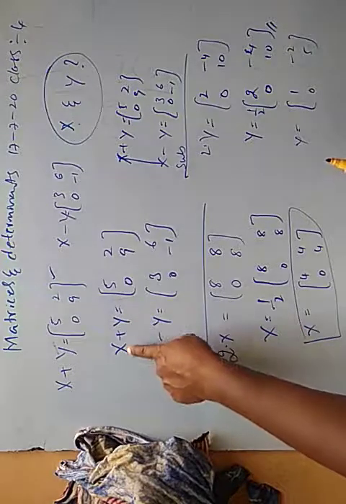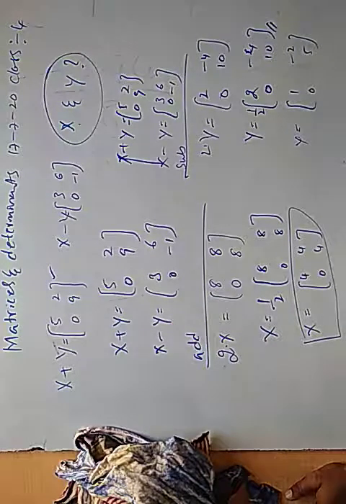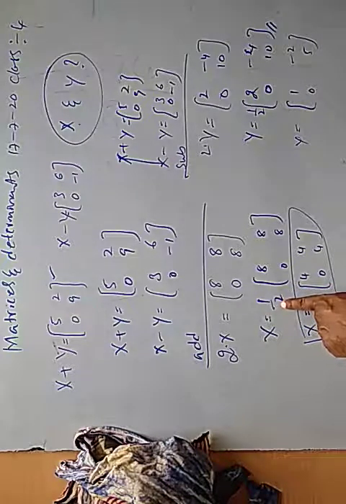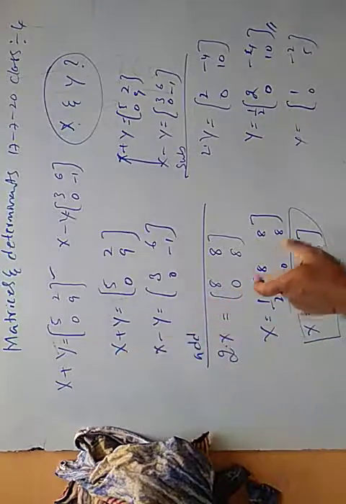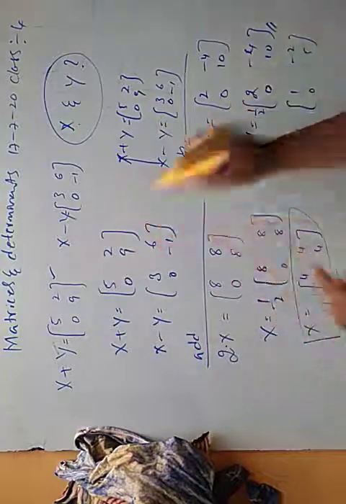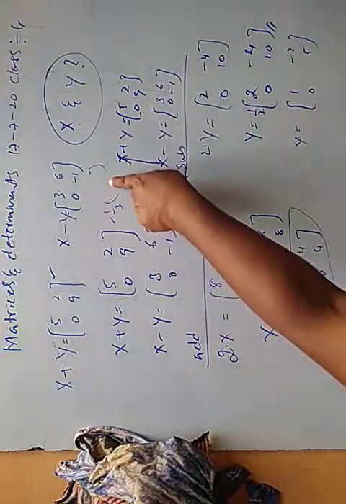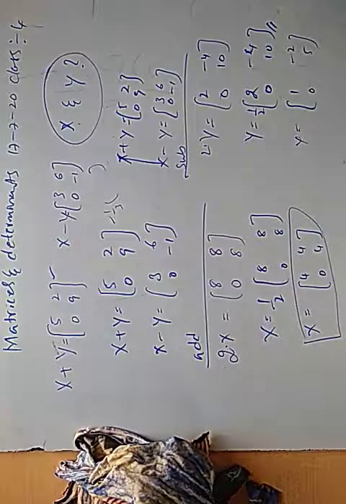Substitute in place of x either in the first equation or the second equation. Yes, your expectation is correct. Then where are you getting the problem? While finding x, if we have some fraction instead of half, say 1 by 3, then it is 1 by 3 of this matrix. To bring it into the RHS, it becomes minus 1 by 3 into some matrix. To subtract these two matrices, we are confused with this 1 by 3. Be careful.